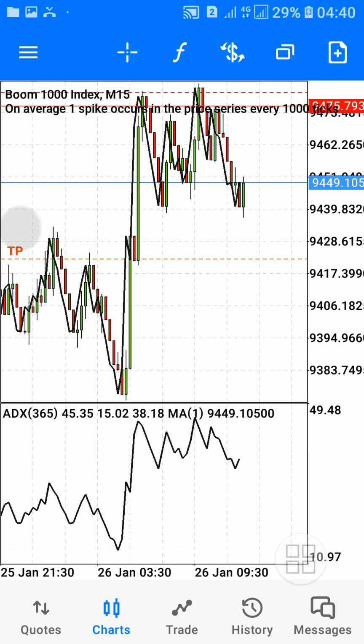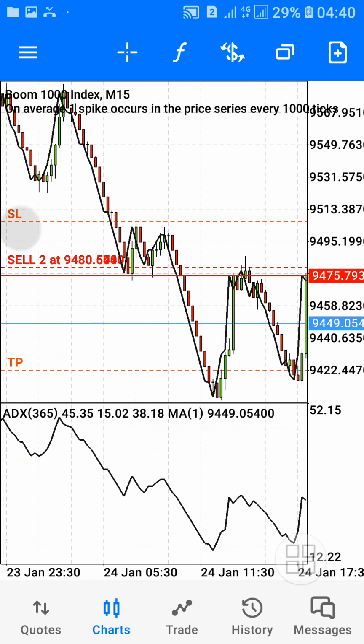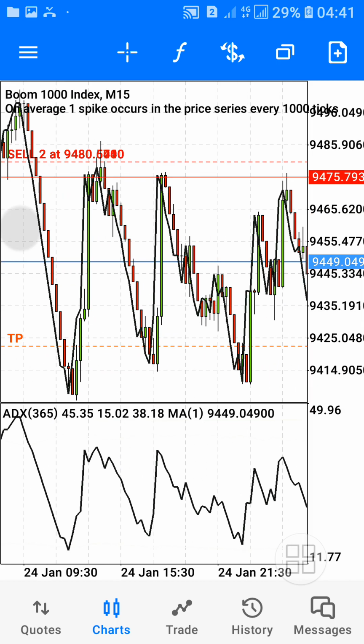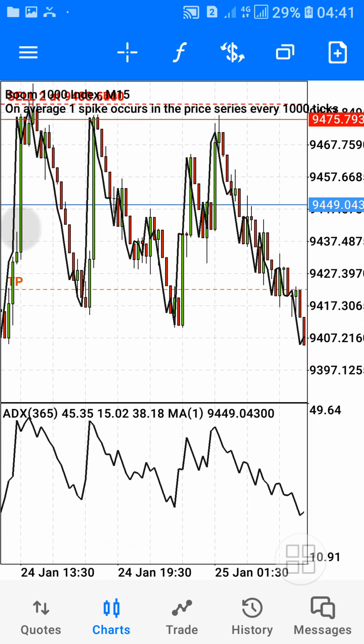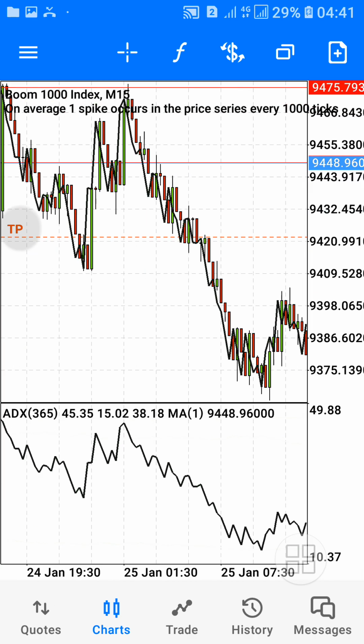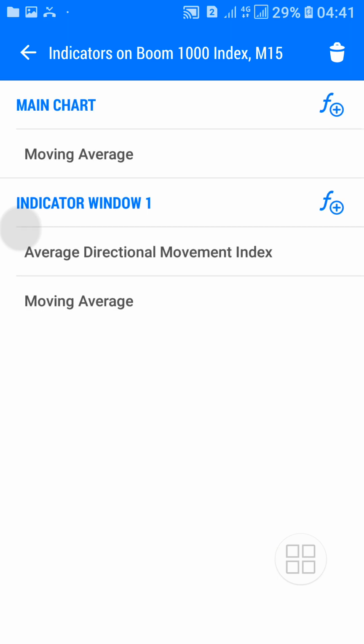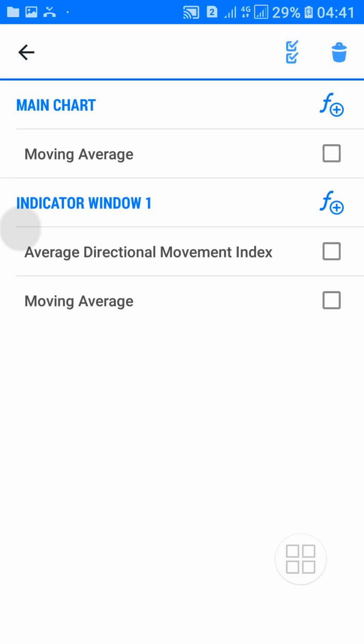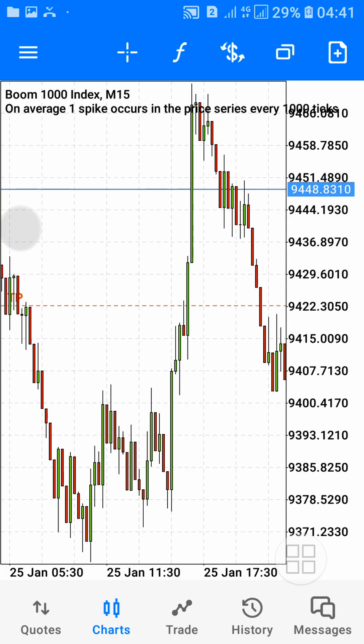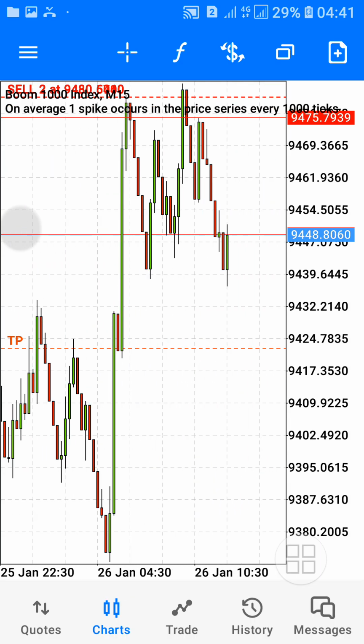All right. So now let me go back to the indicators. I always say, for those people that are still new here, whenever you want to apply indicators, you tap on the F icon and you can see the indicator list pop out. What I'm going to do now is delete all the indicators that are placed here already. I'll delete all of them. They're all deleted right now.